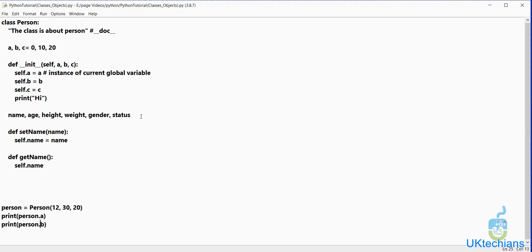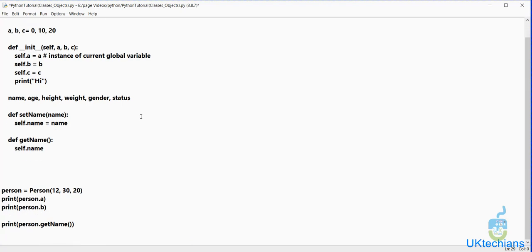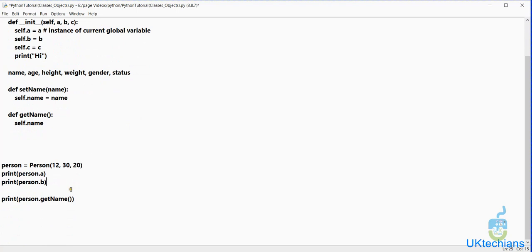So what I will do, I will print here, print person dot get name, right, get name, and then I will also here set the name of the person dot set name, and name will be, let's say, Uruj.